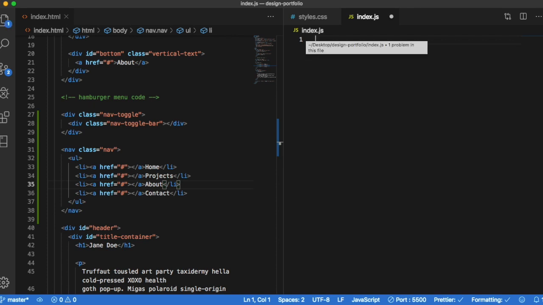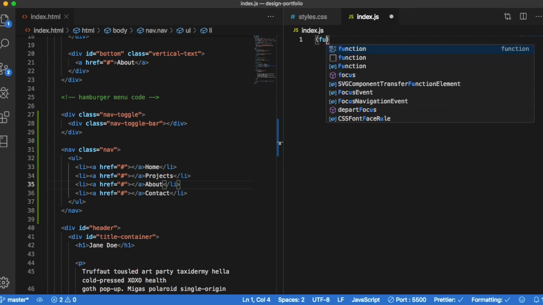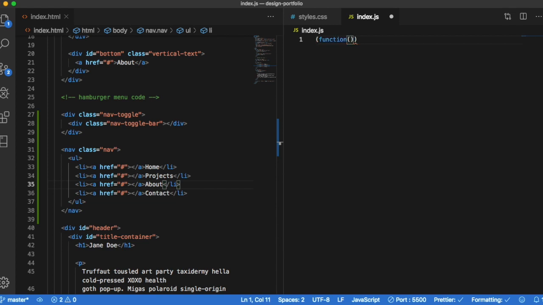I'm going to now create a function. I'm going to put it in parentheses because we are going to call it at the end. An anonymous function right at the end. Let's call it with parentheses. Cool. And if this is your first foray into JavaScript, I hope it can be a launching pad and you